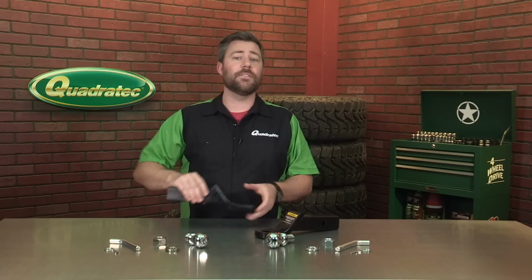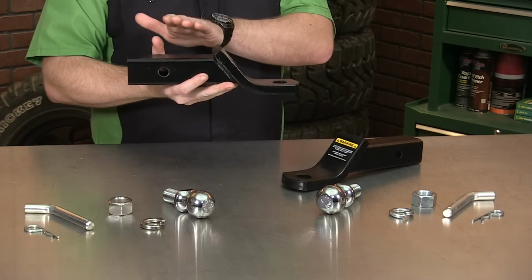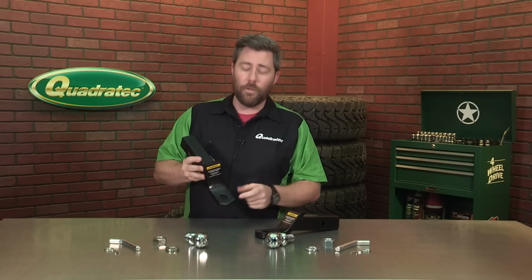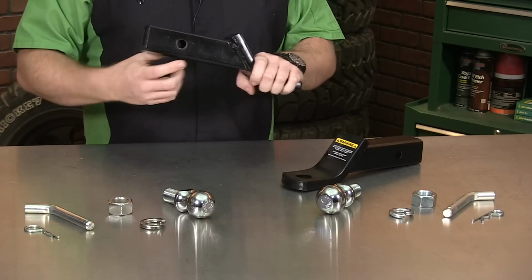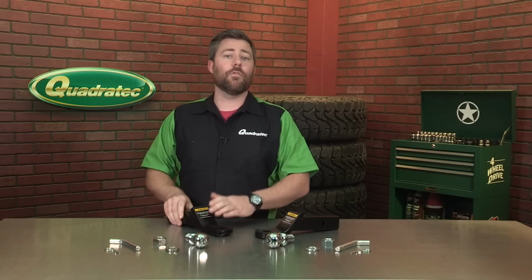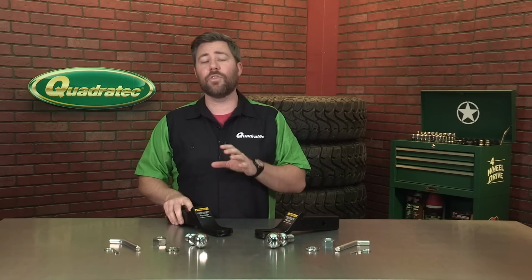Now the drop ball mount is designed to fit in a 2-inch receiver and features a 2-inch drop measured from the top of the receiver tube to the ball mounting surface. It uses a hitch ball with a 1-inch diameter shank and a 5/8 inch hitch pin to secure it in your receiver. Now the maximum gross trailer weight capacity is 5,000 pounds with a maximum tongue weight of 300 pounds,